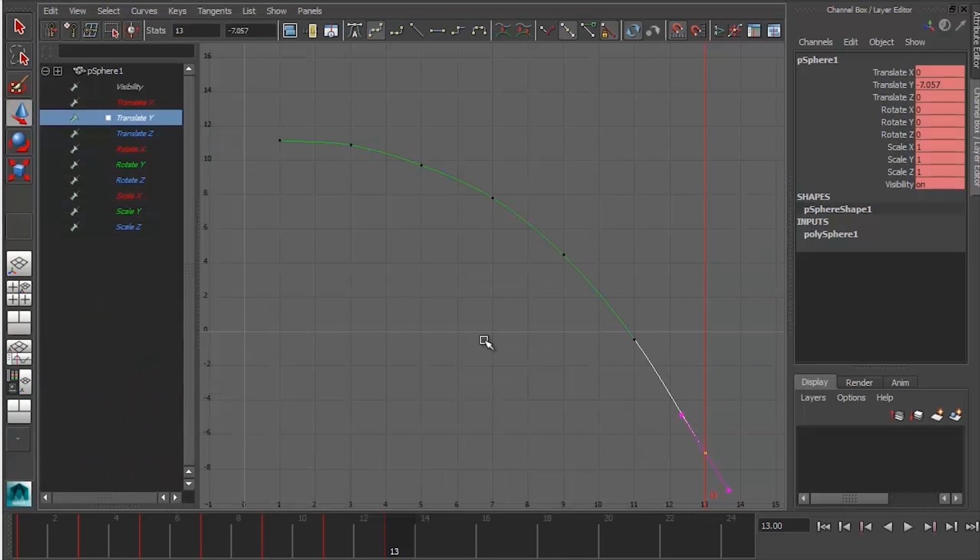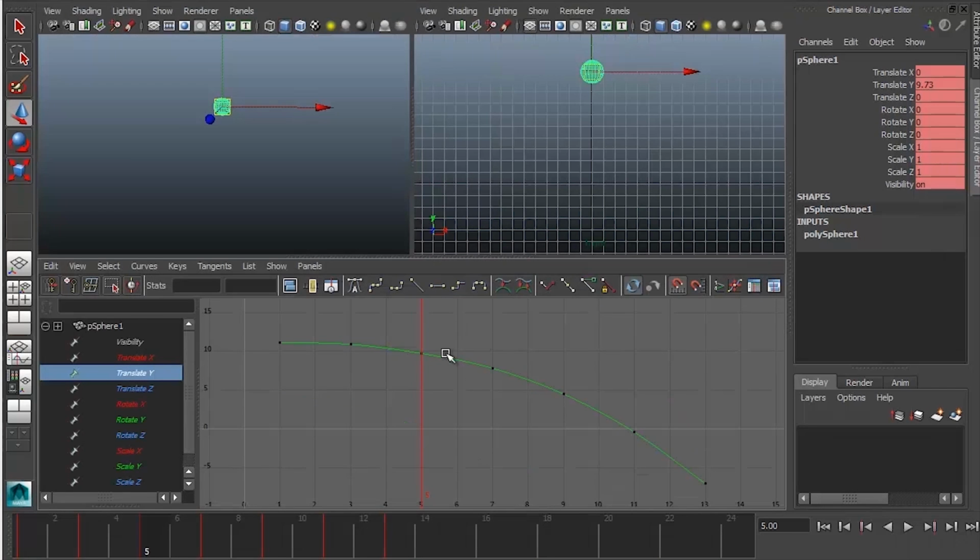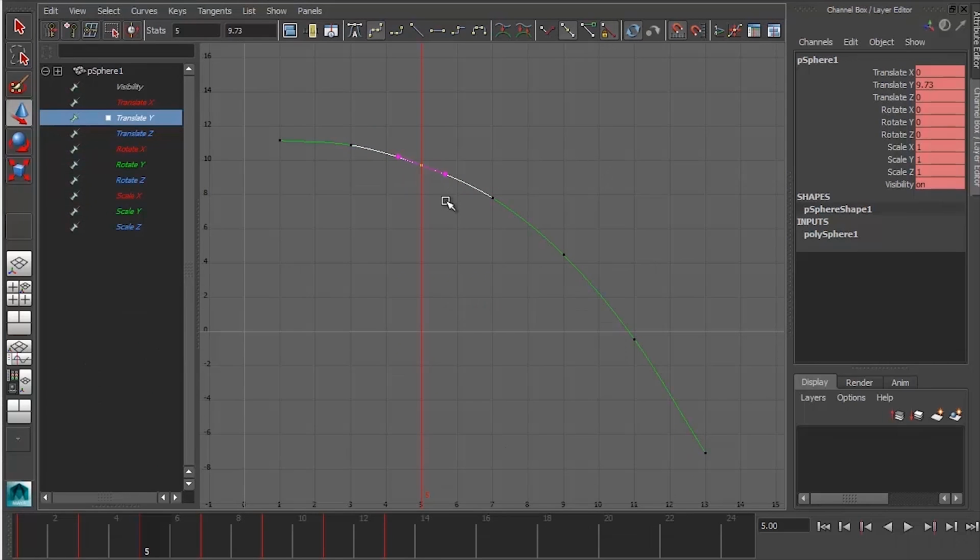By seeing this value change represented in a line like this, you can get a better idea of how your spacing is working, and you can fine-tune things on a curve level and adjust your spacing so it's a little bit nicer without having to just eyeball it. This is especially important when you're working with a more complicated character with a lot of different body parts, and you need to adjust your spacing and clean things up. Like right here, I'm going to bring everything up just a little touch, so this way I get a little bit more sense of acceleration. This was accelerating just a little bit too fast for me,